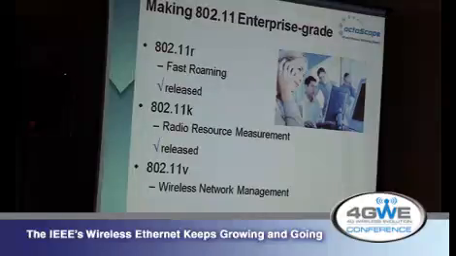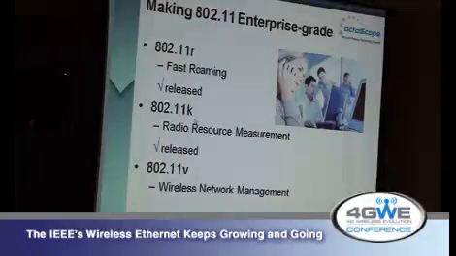So 802.11 started out as basically, it's sold in Staples, cheap technology, works great in the home. So it was a SOHO technology. But all of these amendments have evolved. The vendors started working on making it more enterprise grade and carrier grade. So what do you need in the enterprise? Well, you need to cover more space. So you need more than one access point. When you have more than one access point, you have roaming. If you have roaming, you need to do probably fast roaming if you want to talk on the phone or maintain your IP session. So 11R defined fast roaming.